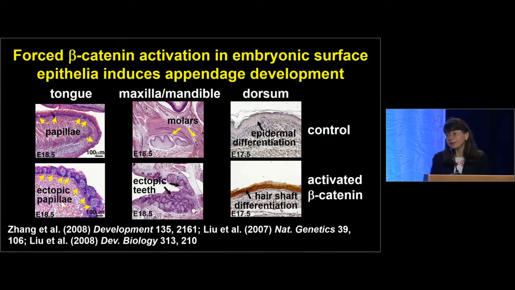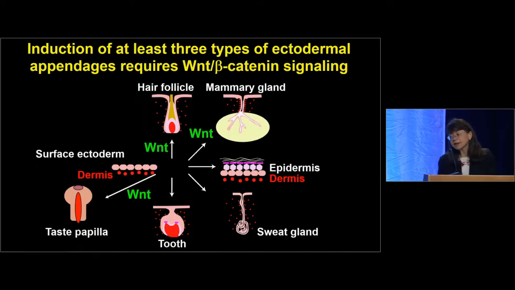Conversely, if we mutate beta-catenin into a constitutively active form that can't be degraded, this results in the formation of multiple ectopic appendages such as taste papillae and teeth, and also causes the surface ectoderm to inappropriately produce hair shaft keratins instead of stratifying normally. So these experiments showed us that Wnt beta-catenin signaling is really a fate-determining factor for the surface ectoderm that promotes